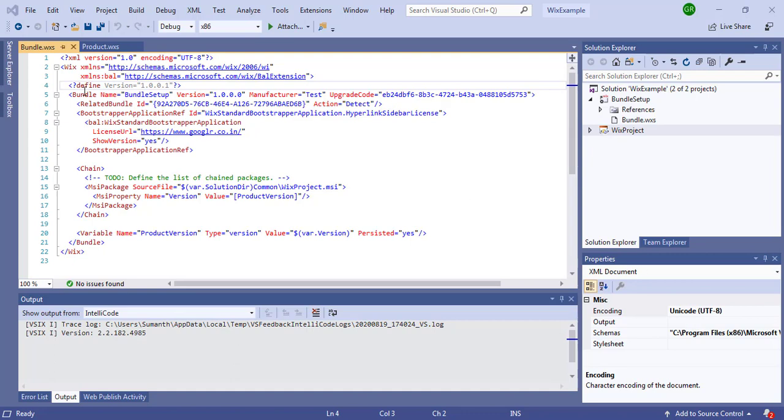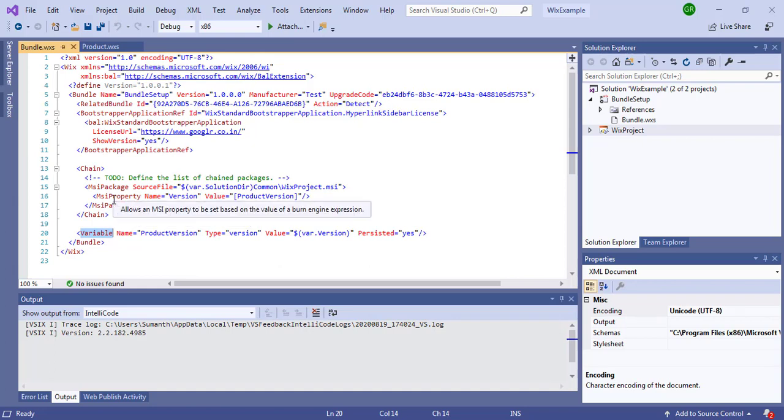One is preprocessor values, another is MSI property, and third is variable. First, let us discuss what preprocessor values are. Preprocessor values are used if you know some values before the build time, and based on those values, you want to configure something, you want something to execute, you want to set some values. Those conditions can be written based on preprocessor values. These preprocessor values can be assigned to a variable. Based on that, the system can decide what to execute and what not to execute.